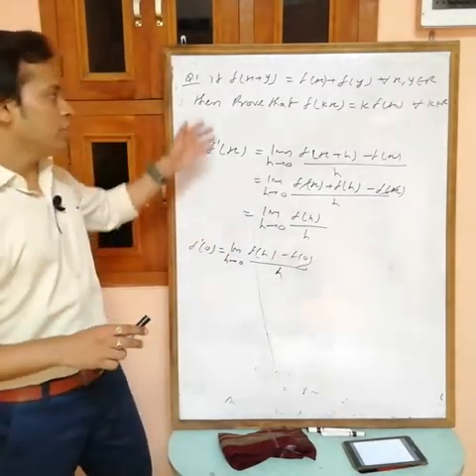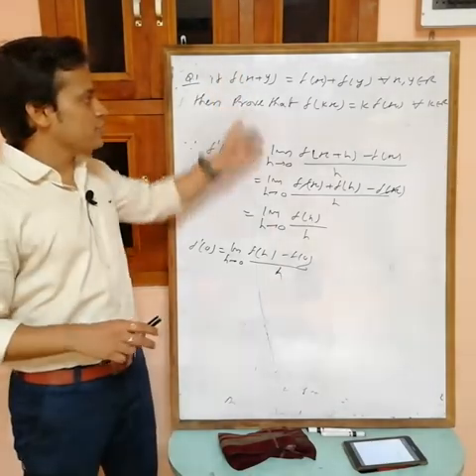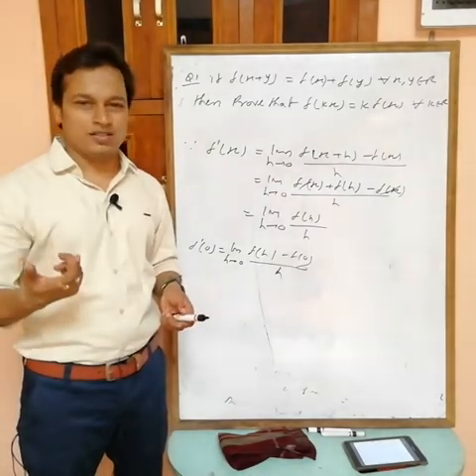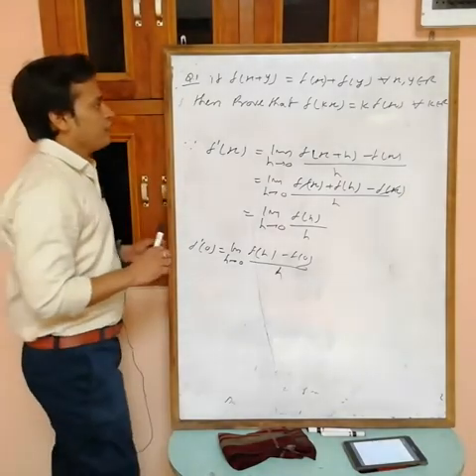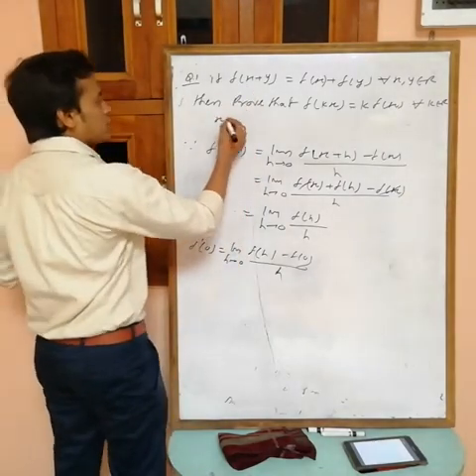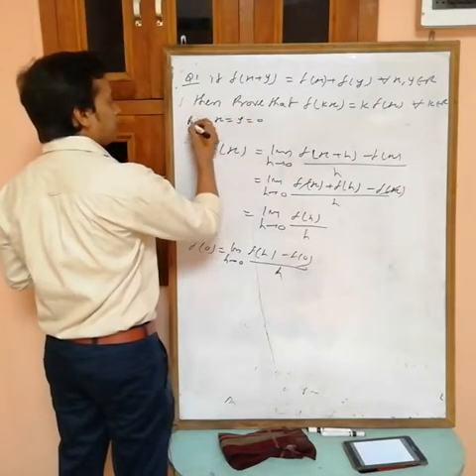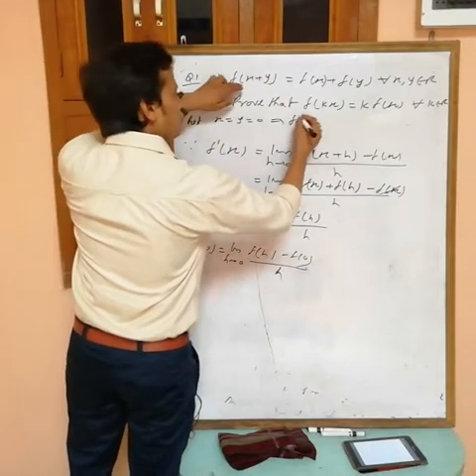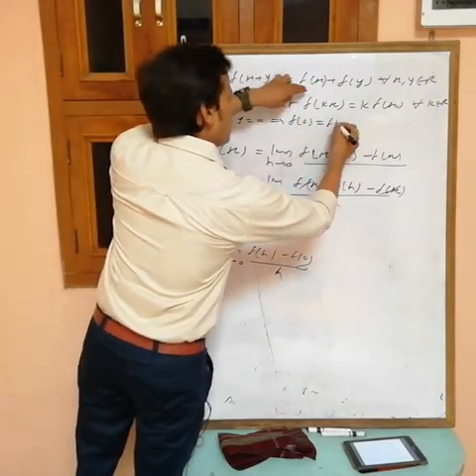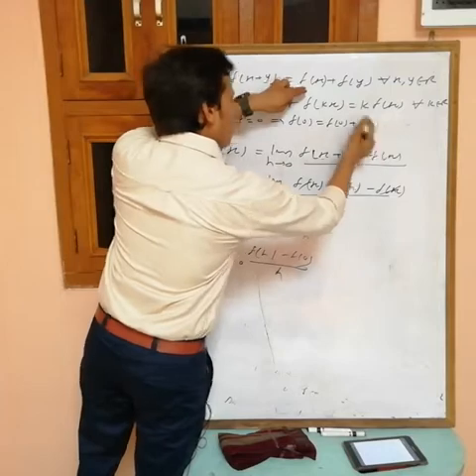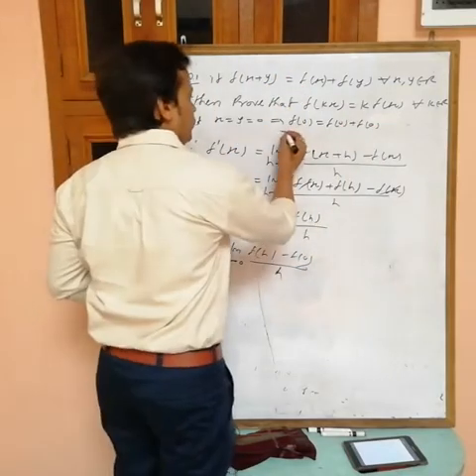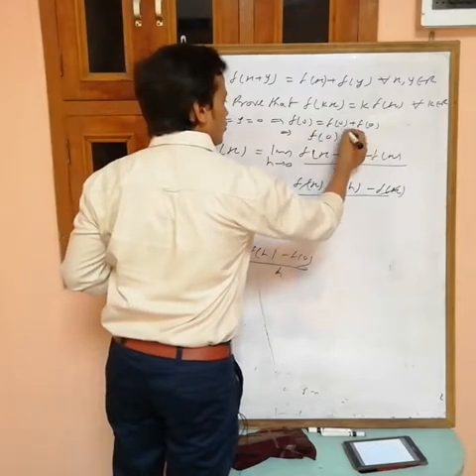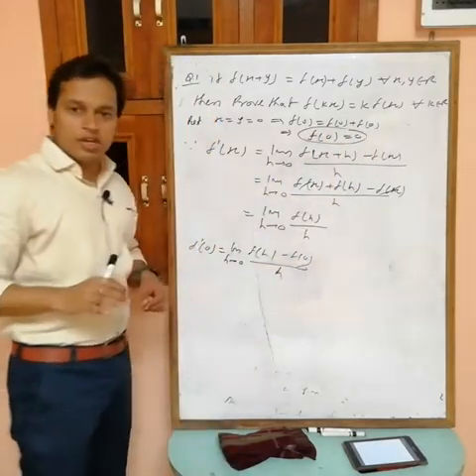Now remember, any time you are solving this type of question, either we want the value of f(0) or f(1), most of the time. So see, in this one, put x equals y equals 0. If you put both as 0, then what are we getting? f(0 + 0) equals f(0) + f(0). One f(0) cancels out. What we are getting is that one f(0) remaining equals 0. So f(0) equals 0.